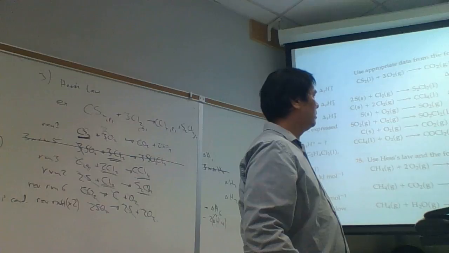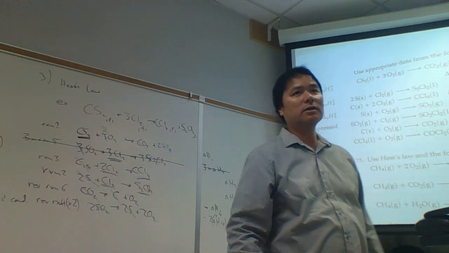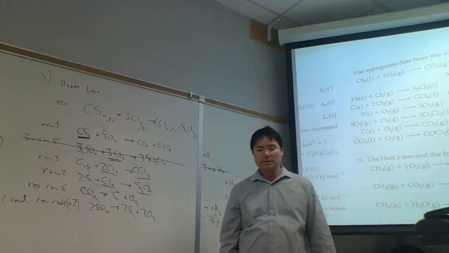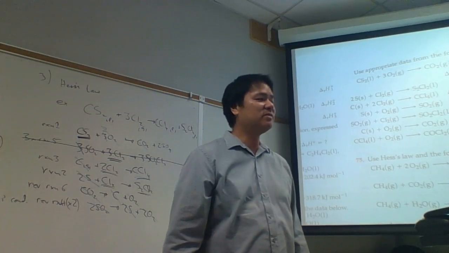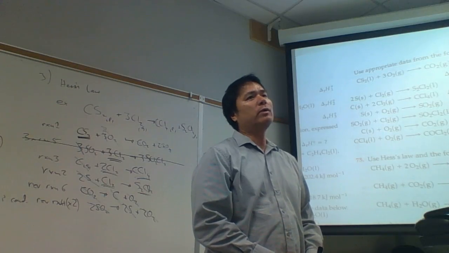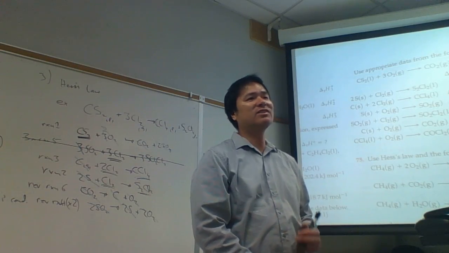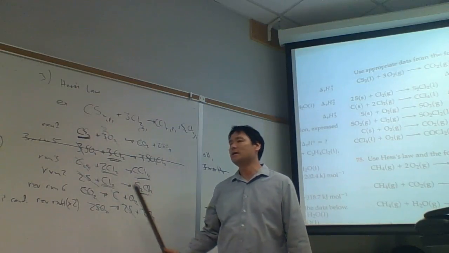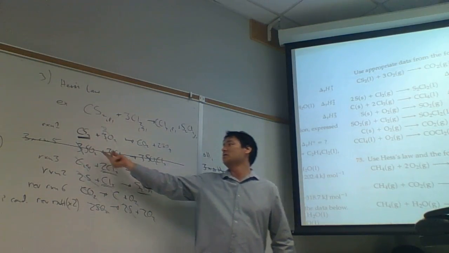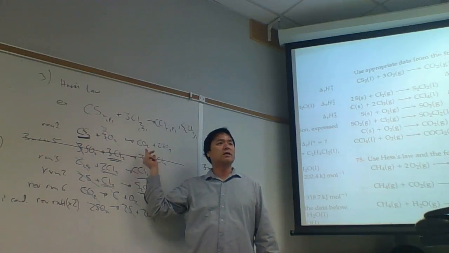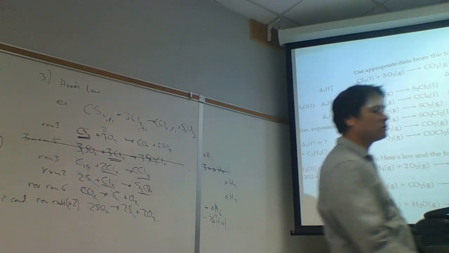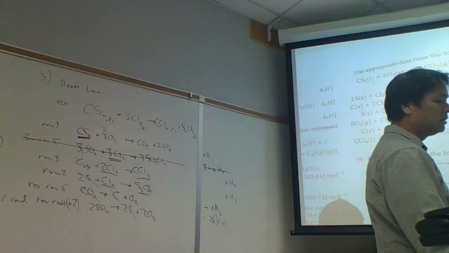But the thing that makes it a heck of a lot easier is, do you know we had to do a lot of trial and error. The thing that makes it a lot easier is if we only use a specific reaction type. If all the reactions are what we call a formation reaction, then we don't have to sit there and cancel things out. Because in a formation reaction, we have the substance of interest, right? But everything else will cancel out naturally. The reason everything else cancels out naturally is because,